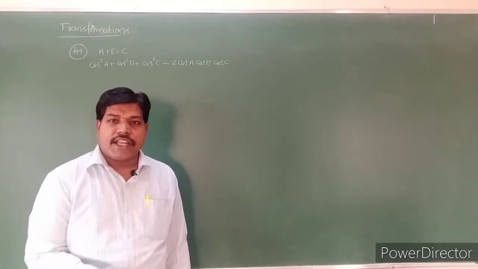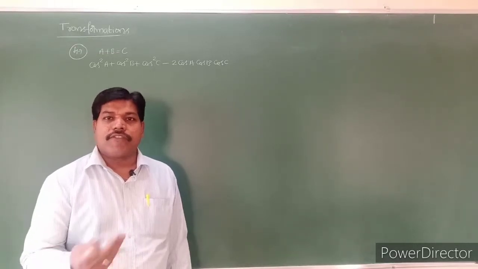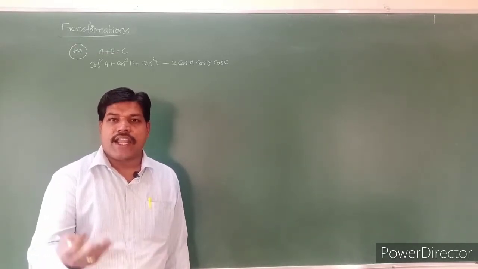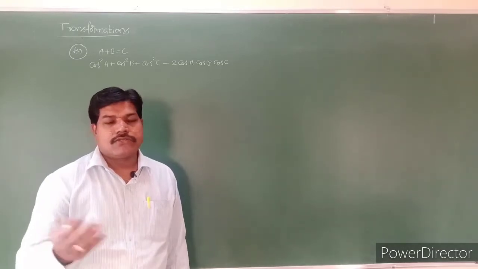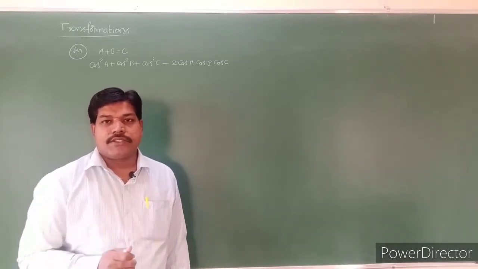Otherwise we can take the direct form also. So you can verify that. I will give you the points: A equal to 30, B is 60, and C is 90. So check that condition, and I will do the procedure here.